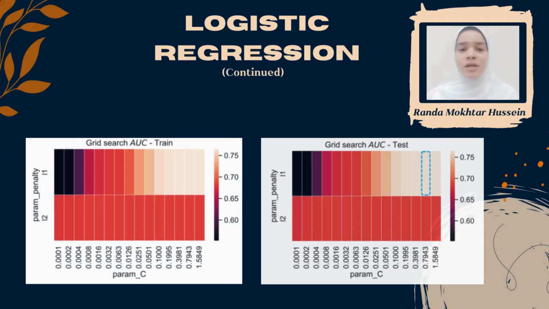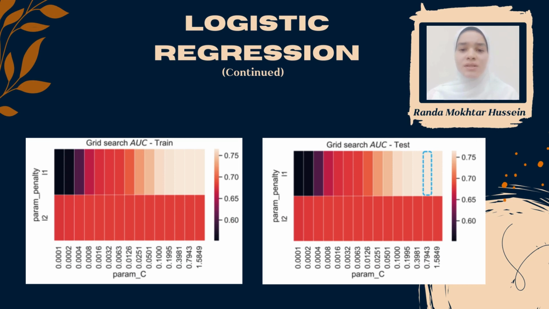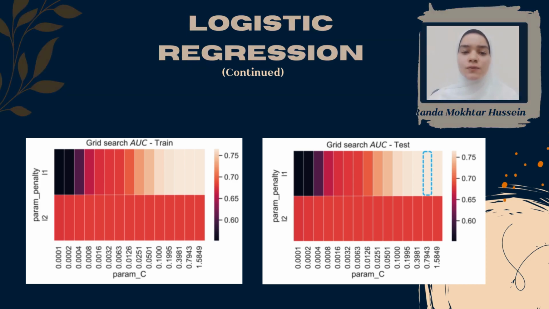The next slide shows two heat maps. We can observe that the best classification results are obtained using the L1 technique because the L2 technique underperforms. In addition, this starts with a penalty coefficient of 0.1. The optimal model for France has an AUC value of 0.73, a significant improvement over the standard non-optimized logistic regression model, which has an AUC of 0.63. These optimal parameters are L1 lasso regularization with a penalty coefficient equal to 1.5849.